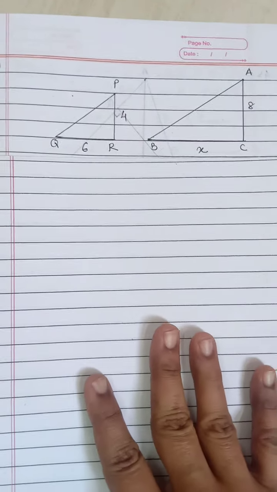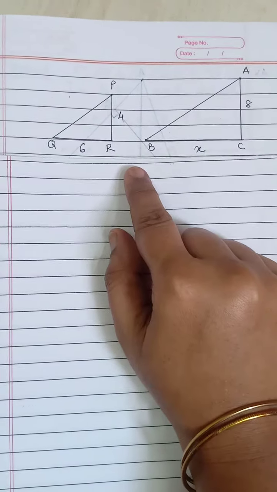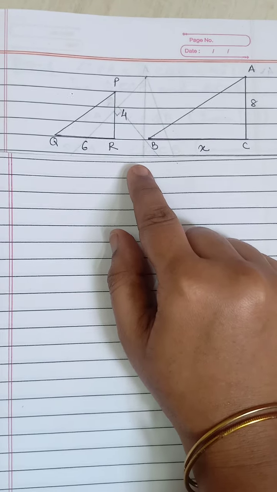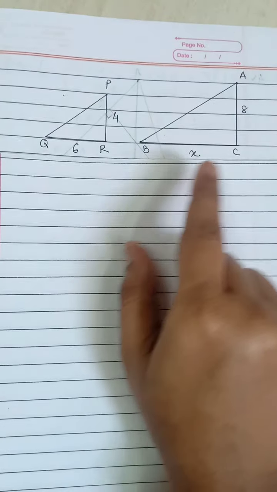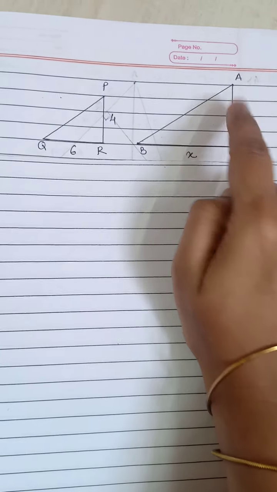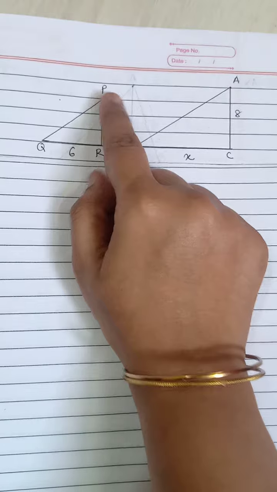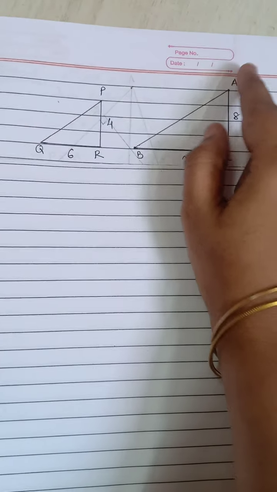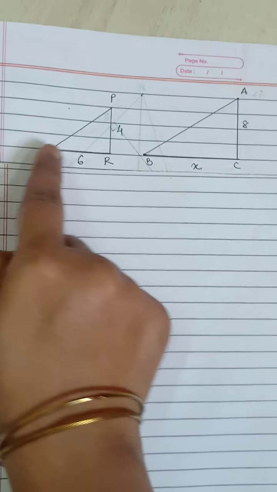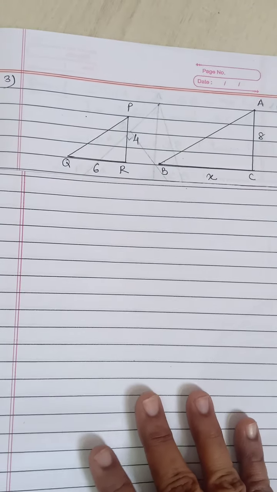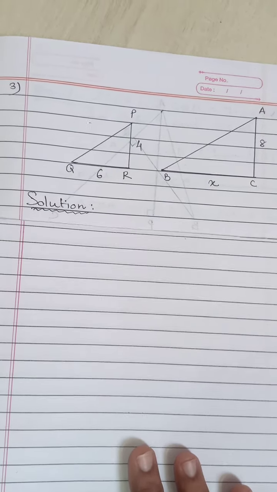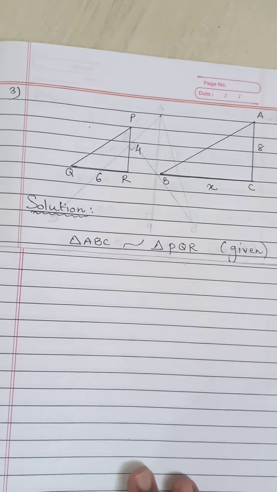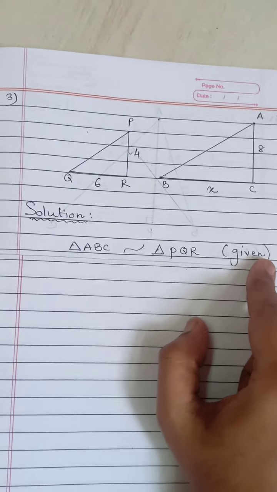So here I have taken the two triangles, the same figure which is already given to us in the textbook. Now I have shown you, we have to take that these two triangles are similar. So I will take triangle ABC and triangle PQR. See that I am moving ABC this way, then the next triangle will be PQR. So directly we will take in the solution that these two triangles are similar to each other, as given to us.